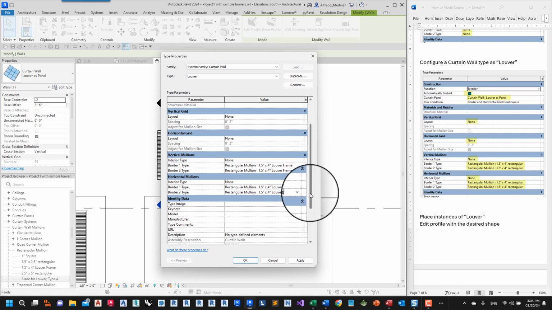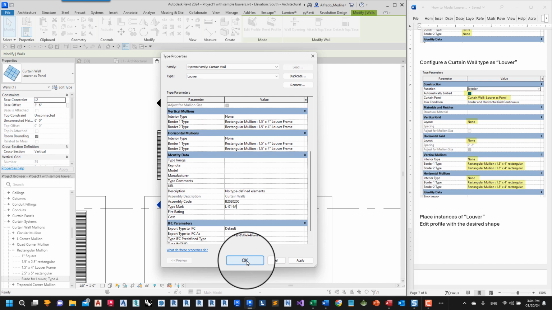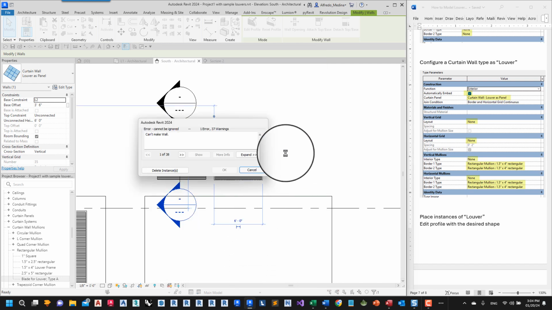For the type mark, I am just going to say L01 masonry or something, just to make it different from the other. And let's click OK.